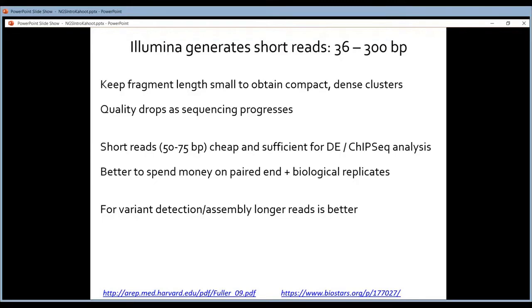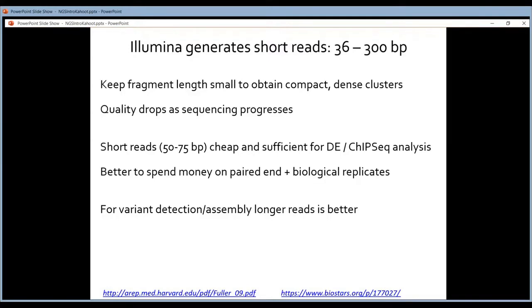And at some point, the quality drops so much that it's not worthwhile to invest more time and money in the sequencing. And this is also a reason why they typically stop after 100 or 150 bases. I will come back to this quality drop later. I will explain why it drops, but I'm not going to do it yet now.